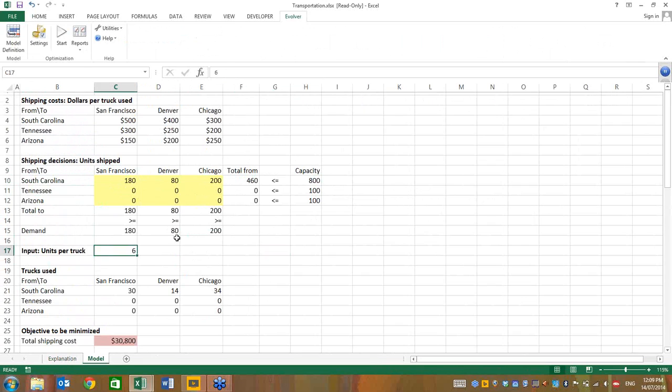Now the trick in this model, or one trick, is that when I ship these goods, I don't ship them as a unit, they actually get shipped in trucks. Each truck can carry 6 units. So if I send 80 units from South Carolina to Denver, how many trucks do I need? Well, this initially fancy-looking